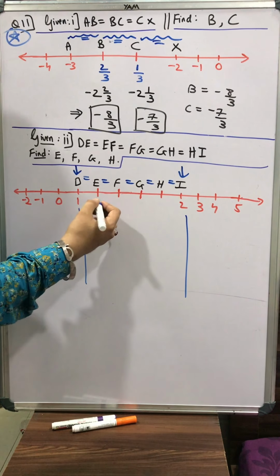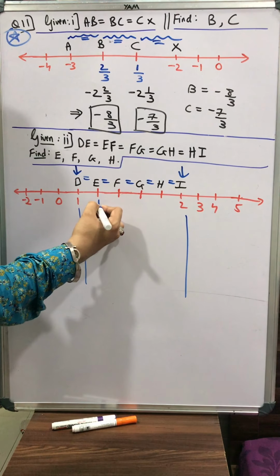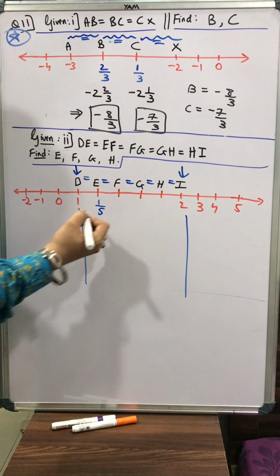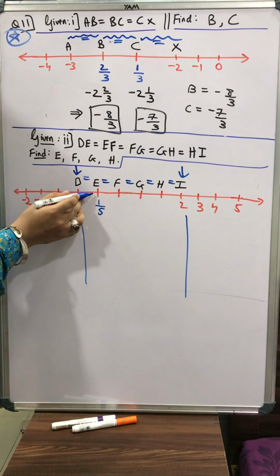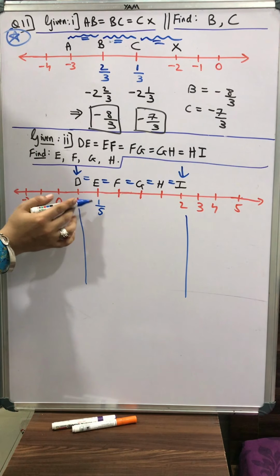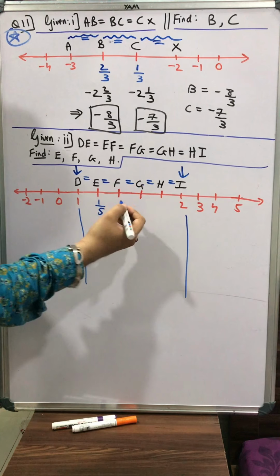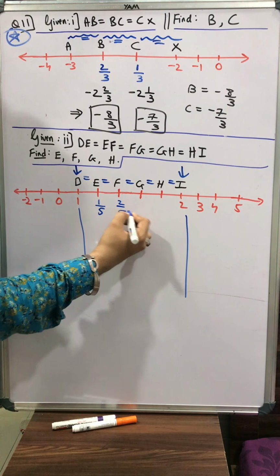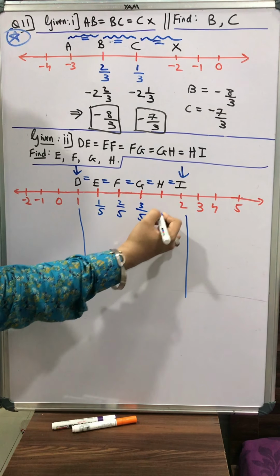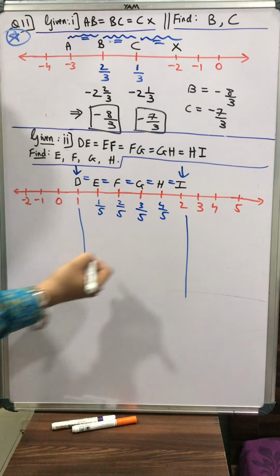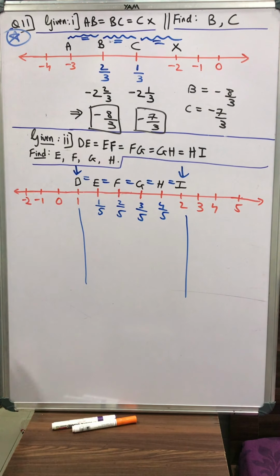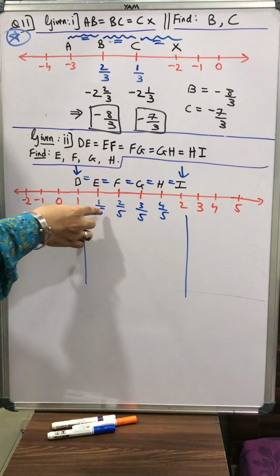This is my first stroke. My first stroke. So first stroke upon 5. Why upon 5 came? Because this is the first stroke, so 1 came. And why upon 5 came? Because we have divided into 5 equal parts. 1, 2, 3, 4, 5. This will be 2 upon 5, 3 upon 5, 4 upon 5. Now students, you tell me, will this be the answer, that E's answer is 1 upon 5?